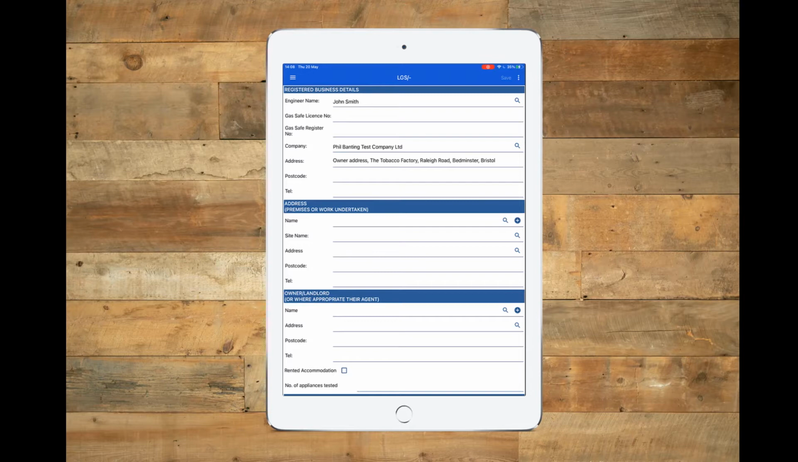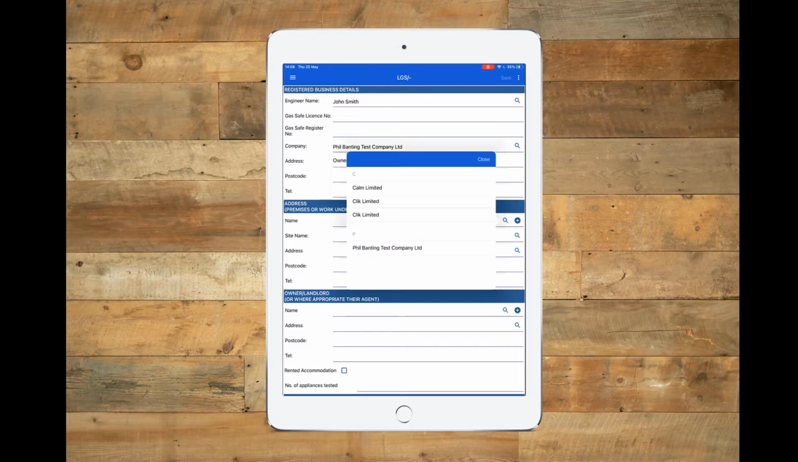So as you can see, the engineer name is in and the company address is already in there. However, if you need to put your gas safe license number and gas safe registry number, you can do so in these boxes here. Now, to add an address, it's simply you can search for addresses that have already been